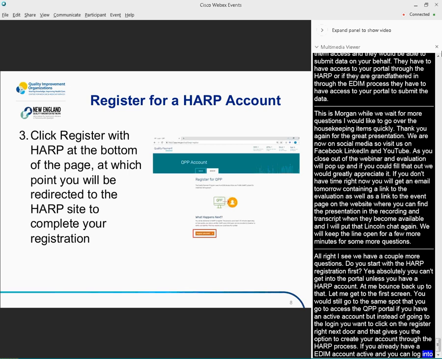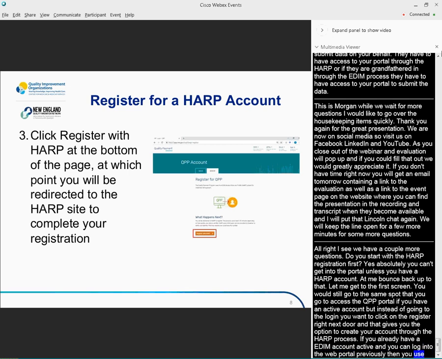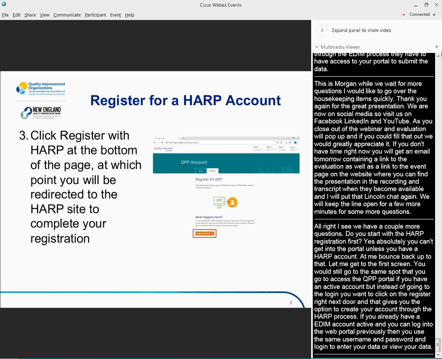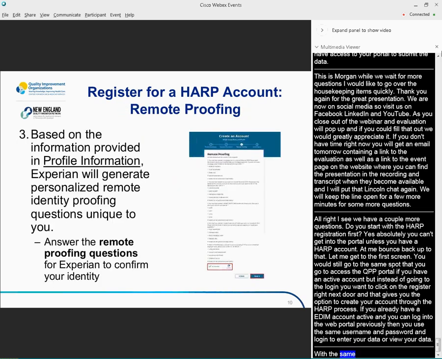Next question, would the same apply to registry reporting as above? Yes, you're right. If you were using a registry or an EHR vendor, they would need to have access to your TIN through the portal in order to submit on your behalf. They would either have a security official role, if you deem that to be appropriate, or a staff user role in order to upload data. And if you go back through, let's see.